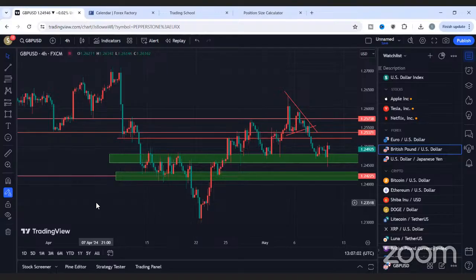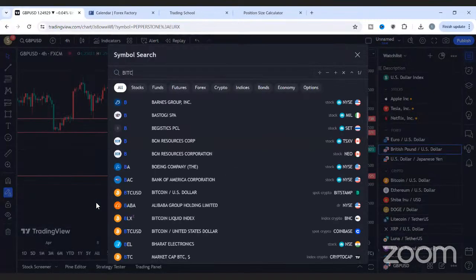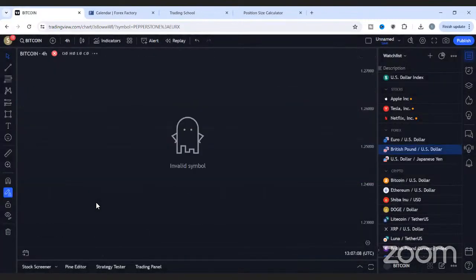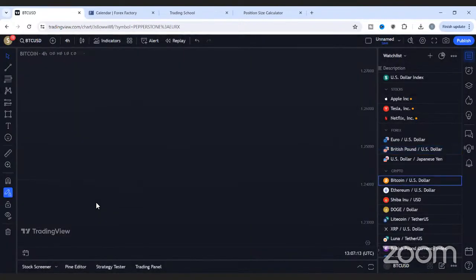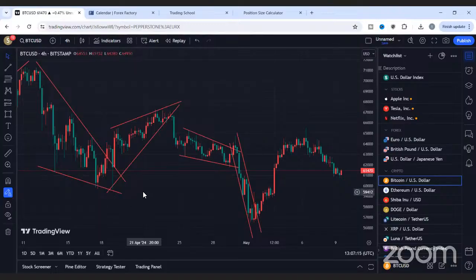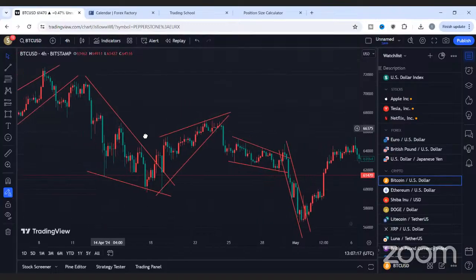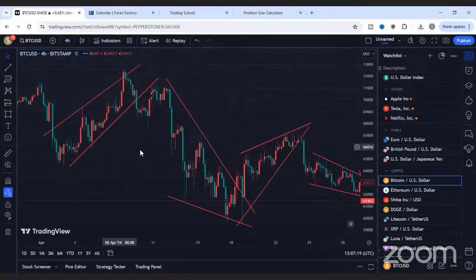And if not, then I will just talk about one or two more instruments. I think it's been a while we've talked about the Bitcoin, so let's just jump into the Bitcoin and see what's happening over there. Oh, sorry, BTC USD. Let's see what's happening over there. So here's the BTC USD. Okay, we did some drawings here earlier, just following price.